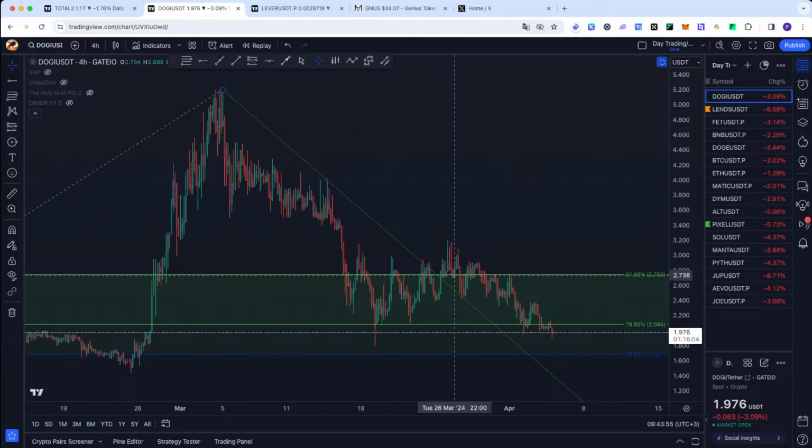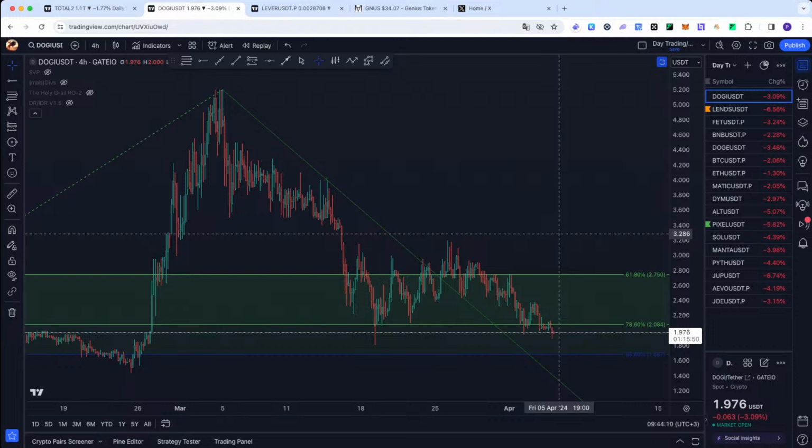We have some clues that, well, maybe we want to push higher, but we don't have the last one. Give me a clear W. We don't have that. So we can kiss this trend line all the way down. The lower the better for me, because I'll buy and I'll accumulate more cheaper and I'll get more coins. But I don't have a setup. I don't have a trade. So let's take a look at the next one.